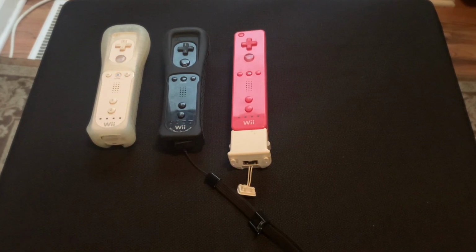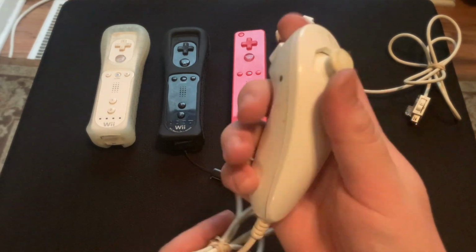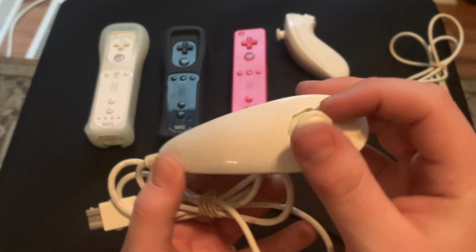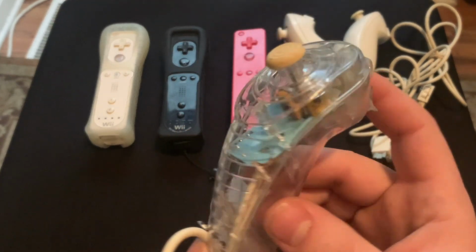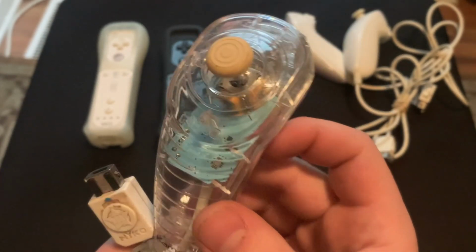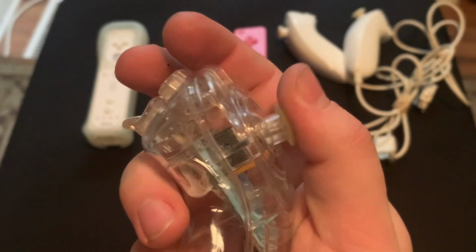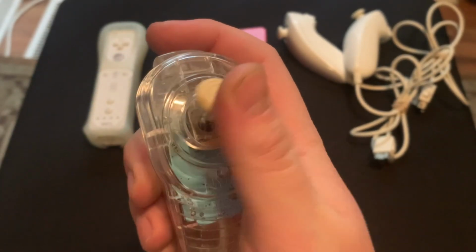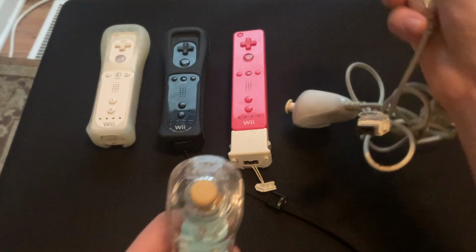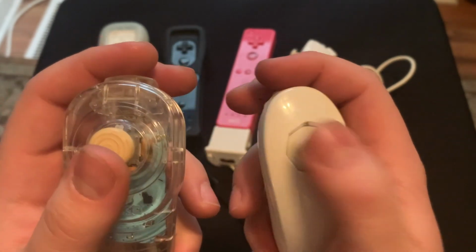For every Wiimote that I have, I also have a nunchuck for as well. Got one here. Another one here, a little bit dirtier. None of them are particularly clean. It's all very old stuff. And I have this cool looking see-through one. You can really see the hardware mechanics inside. And this one lights up as well, made by a company called Knick. This button kind of sticks a little. Which one do you think sounds